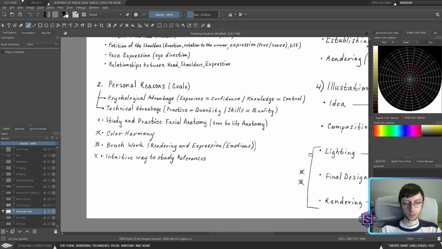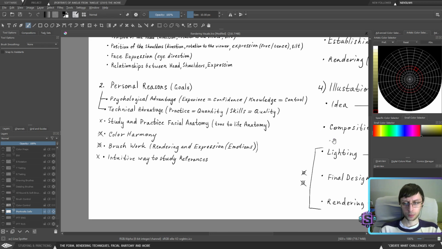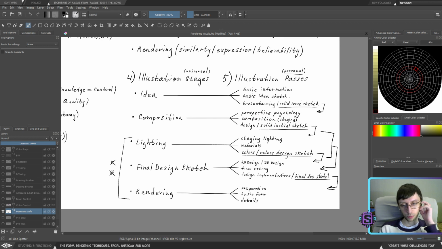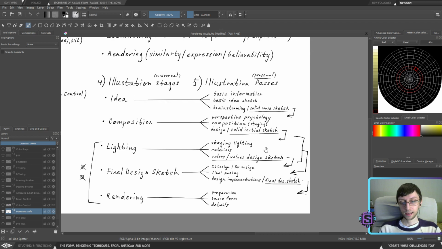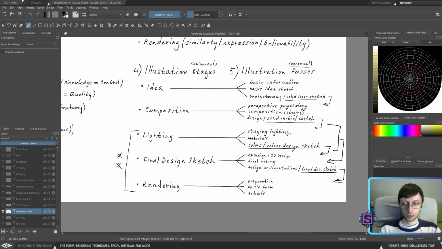So we're definitely not going to be able to work on color harmony on the composition stage, because again, it works only with arrangement, and in most cases in the end it's going to produce line work, not necessarily something that will work with colors. It will help us understand how the exact idea is going to look, and then we will start to work on the color harmony right from here: stage and lighting, materials, etc.